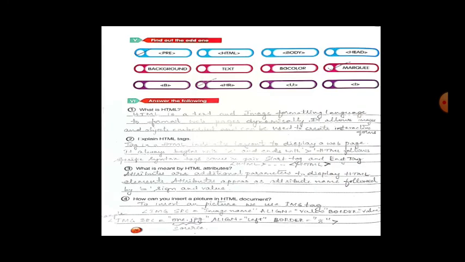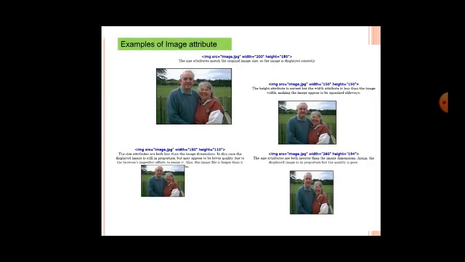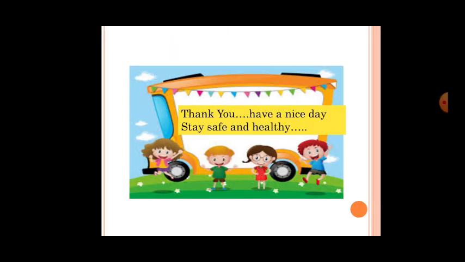So children, there are many programs I have given. Some programs are there in the textbook also. So you can just go to WordPad, open the WordPad. Then you are going to type the program. Then you are going to save the file with the .html extension. Then you're going to go to Internet Explorer and open your page, that is the .html page. Then you will see whatever you have done will be displayed as a web page.